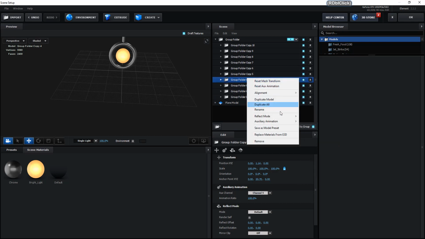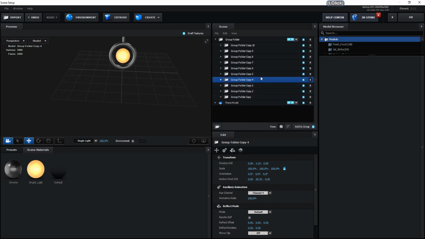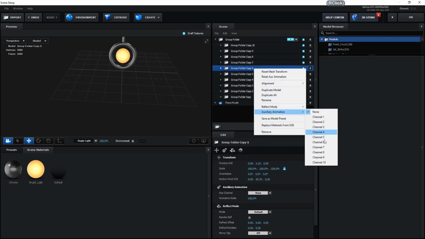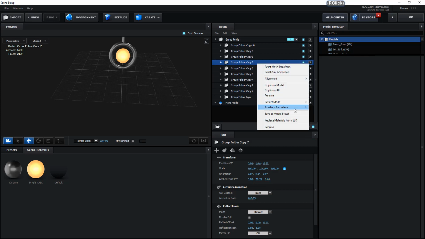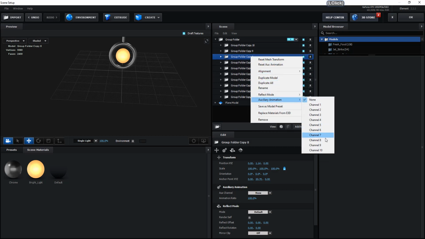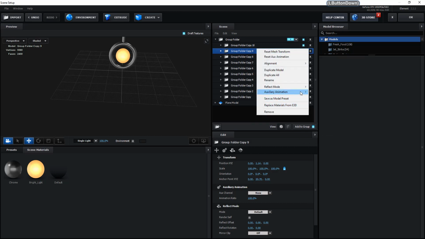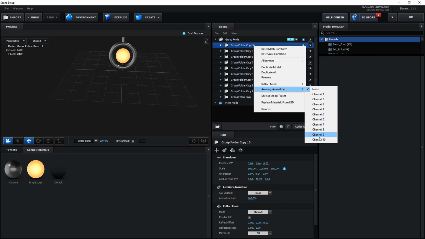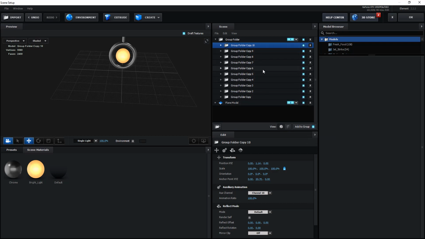Oh, I just applied the wrong auxiliary channel. 4 to 4, 5 to 5, 6 to 6, 7 to copy to 7th auxiliary channel, and 8 to 8, 9 to 9, then last 10 to 10. I hope I have selected everything perfectly.